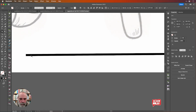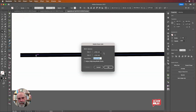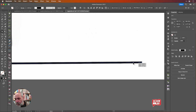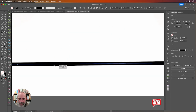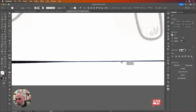With my width tool, actually I'm going to zoom right in on that. I'm going to double click at this point here, okay, just to kind of create a locking point there, and you'll see why. I'm going to go to the other end, do a similar deal just there. Then I'm going to zoom in again for this because it's going to be difficult to do otherwise. I'm going to narrow that bit down there, and I'm going to make it a bit narrower still over there. I'm going to widen it up a little bit just there,